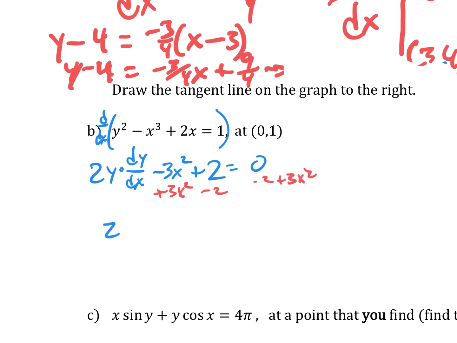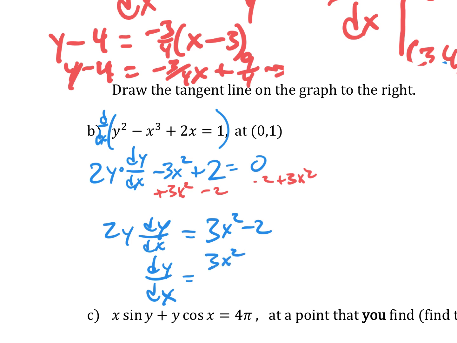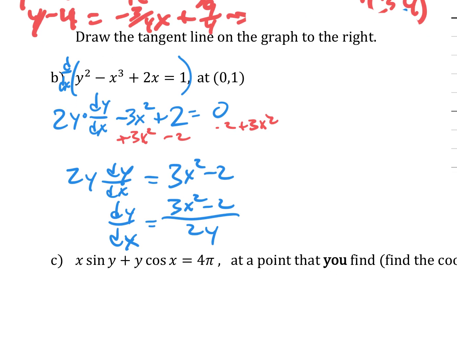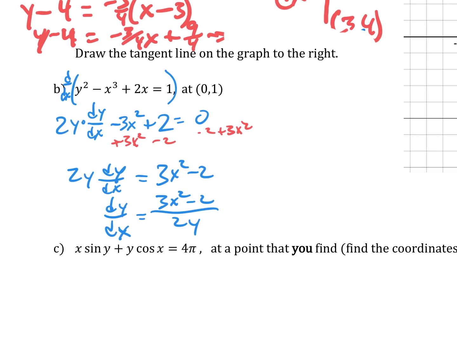And we end up with 2y dy/dx equals 3x squared minus 2. And now let's divide both sides by 2y. So dy/dx is (3x squared minus 2) all over 2y. All right, there you have it. Found the derivative. Now we can find the